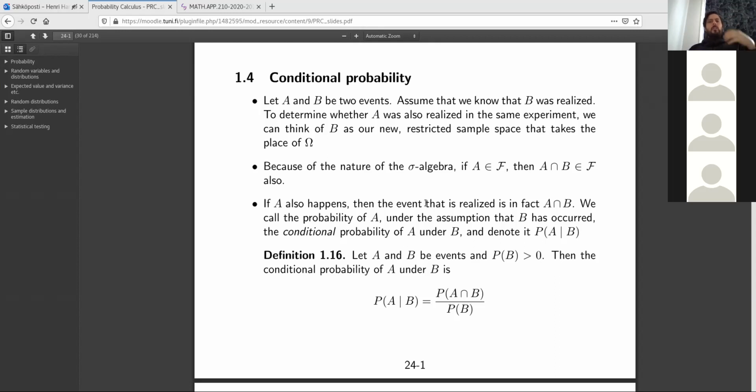And we don't know whether A happened. Let's say that we only get partial information, like we don't get the actual point that is there. We don't get exactly what happened, but we know that the event B was what happened. So let's say we roll the dice and we know that we got an even number. We know that we got an even number, but we just don't know if it's,